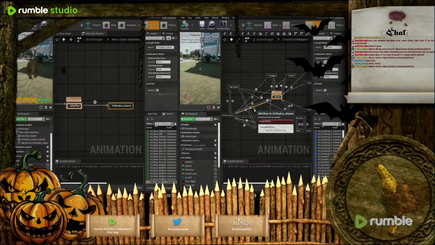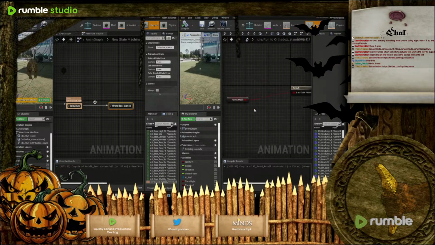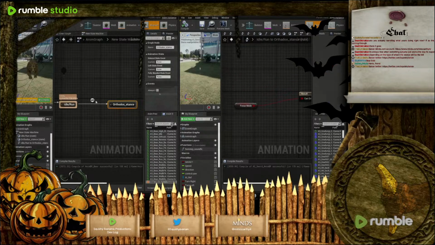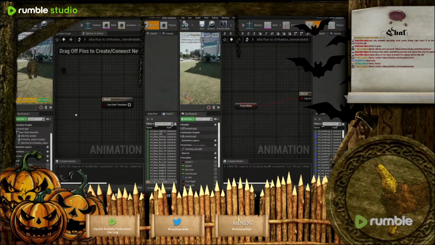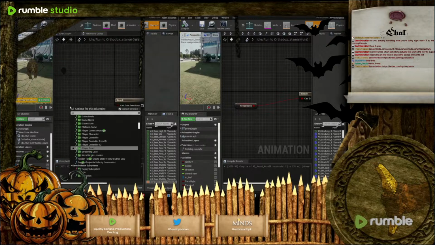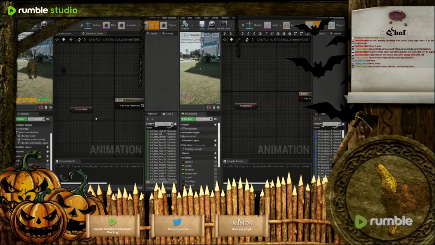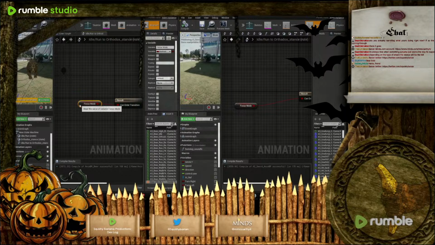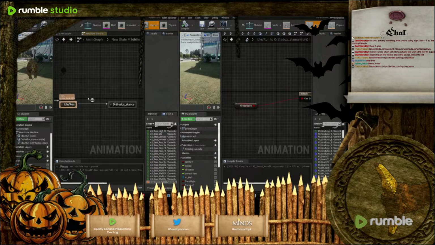So the only transition line for that is focus mode. So we're going to plug this in here, and we're just going to get focus mode. We're in focus mode. We're going to default to orthodox stance. Make enough sense? And then if we want to go back,